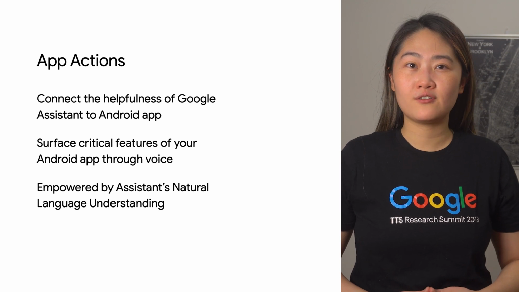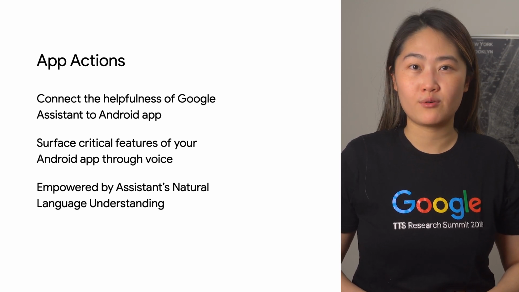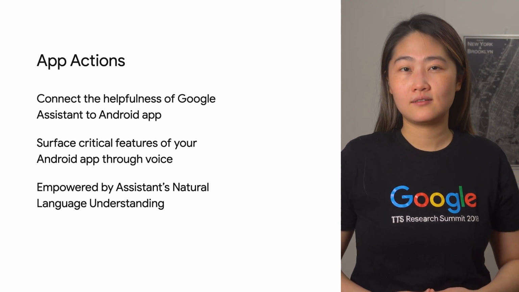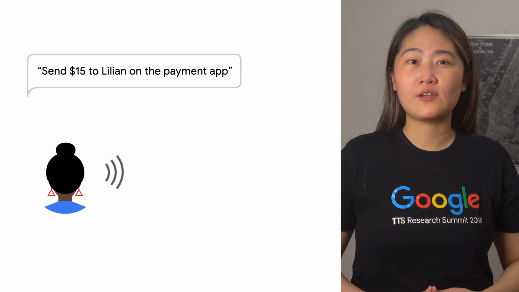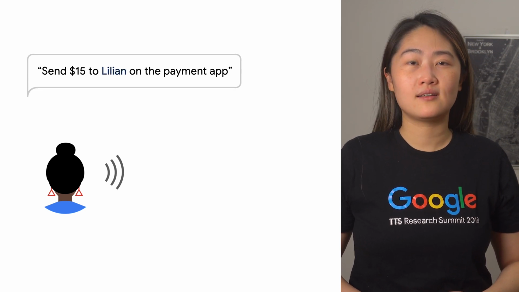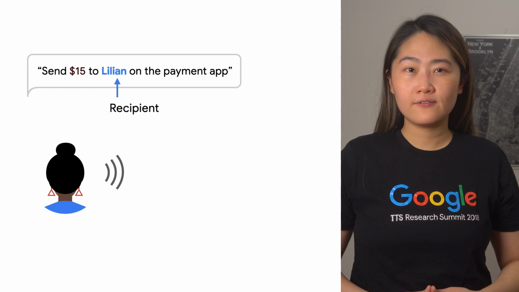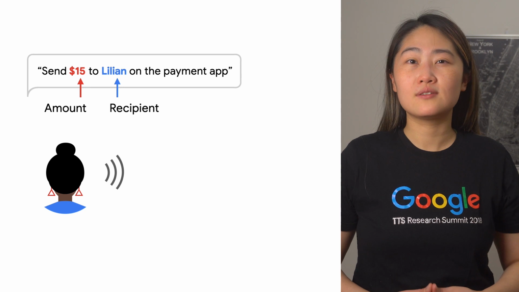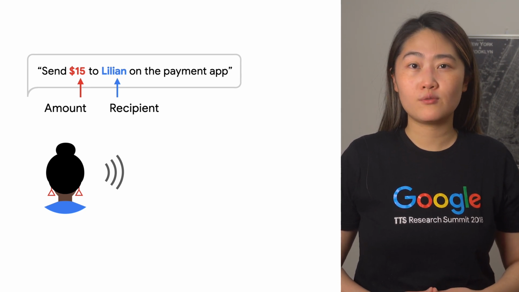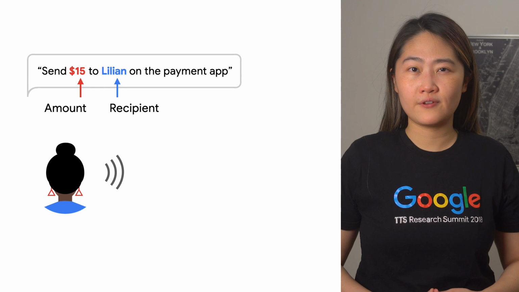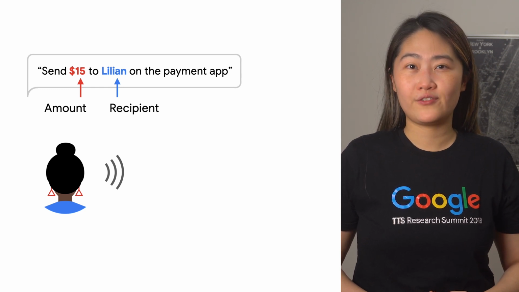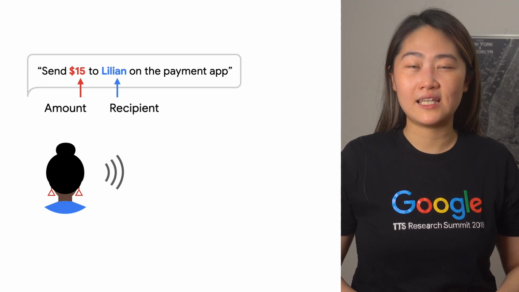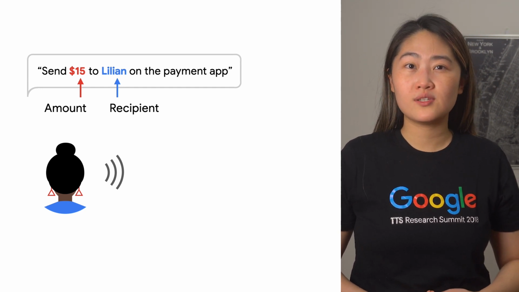Assistant's powerful natural language understanding handles the user request and translates it into a deep link that your app can understand. Taking the use case above with the app that makes a direct payment to Lillian, I could tell Assistant, "Send $15 to Lillian" on the payment app, and it will use the app's integration to deep link into the payment screen using the recipient, Lillian, and amount $15 as parameters of the request. As long as this payment screen is accessible through a deep link, App Actions can fast-forward the user into that